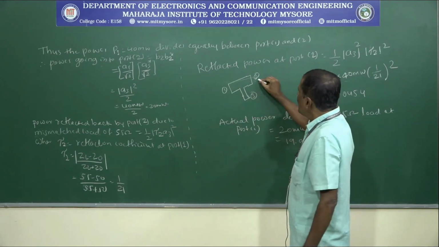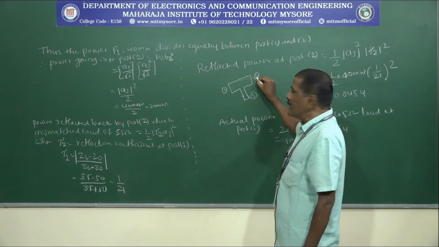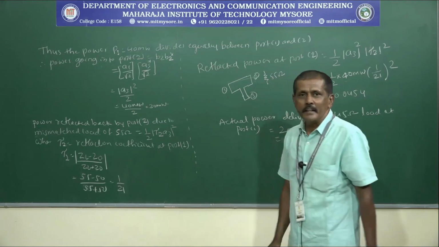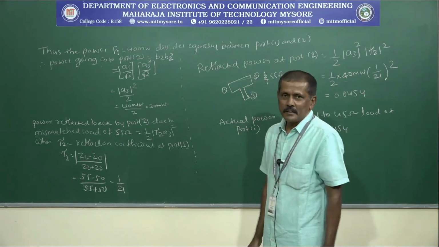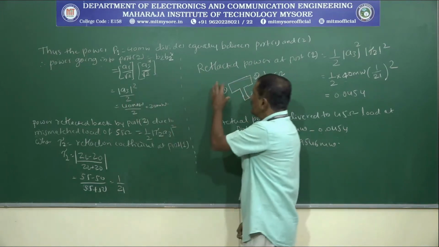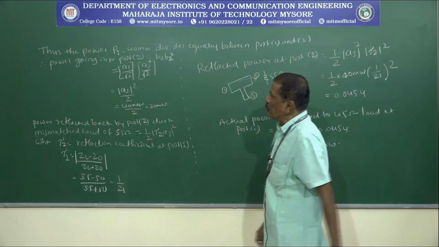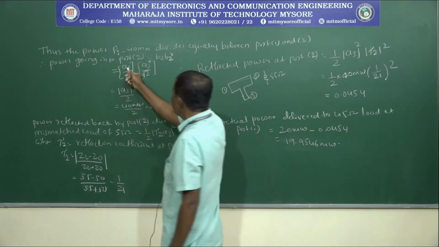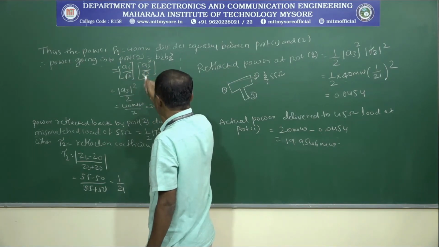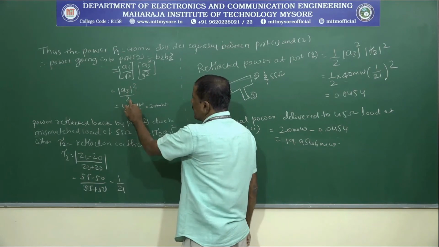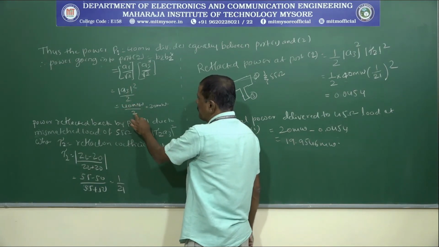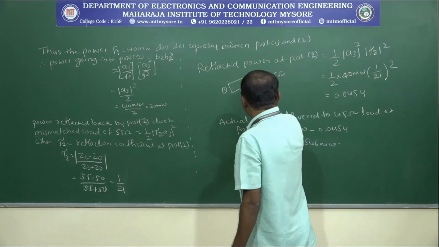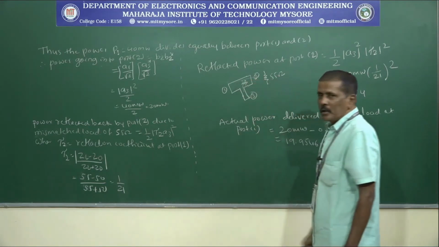Here also for port 2 a mismatched load is there, a mismatched load of 55 ohms is connected here. Because of this some reflection will occur. As we have calculated for port 1, let us calculate it for port 2. The power going into port 2 you can call B2 into B2 star. This value I can write as A1 divided by root 2 and A3 divided by root 2, so this is equal to A3 square divided by 2, which is 40 milliwatts divided by 2. So this is going to be 20 milliwatts going to port 2.